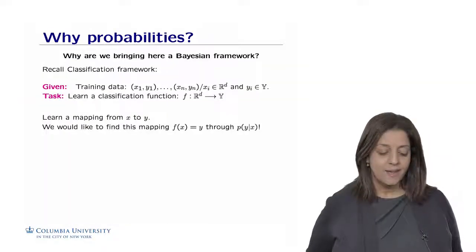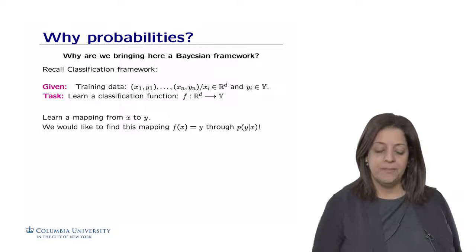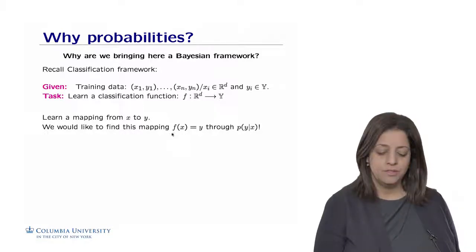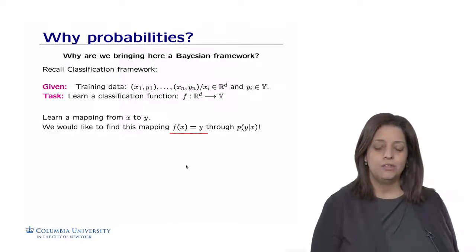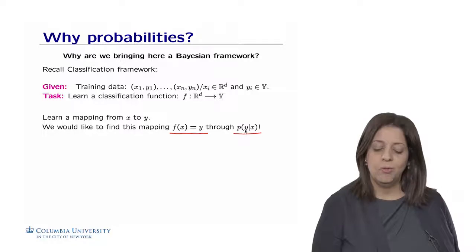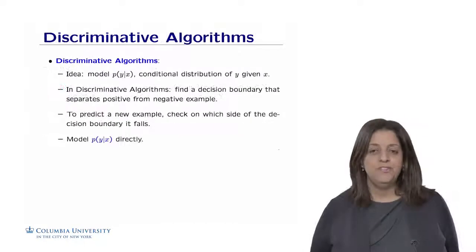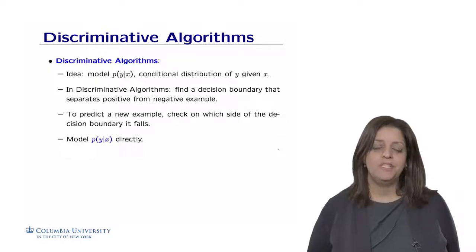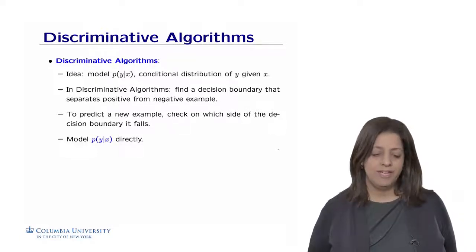So we are learning this mapping, but in this case, what we are trying to accomplish is to learn this function, this mapping, not through a decision boundary like we did before, but by using probability, the conditional probability of the label y, given what was observed in the data, which are the features. Before we show how we could find this mapping based on the probability of y given x,